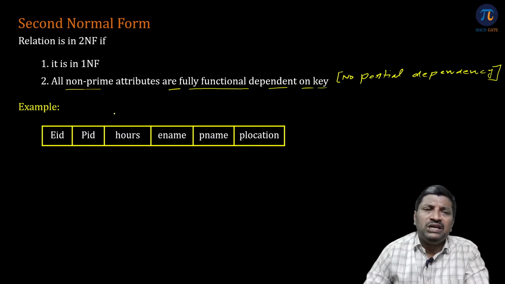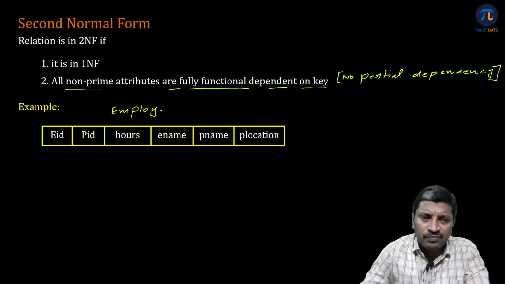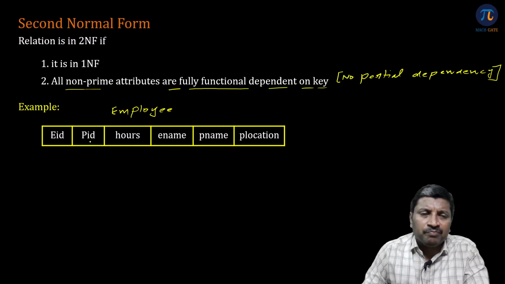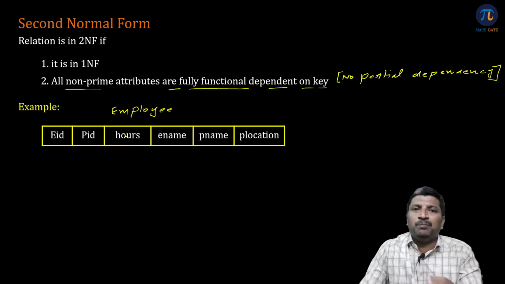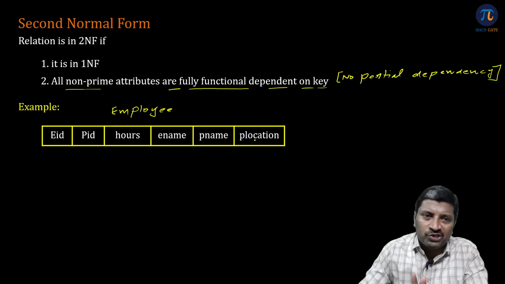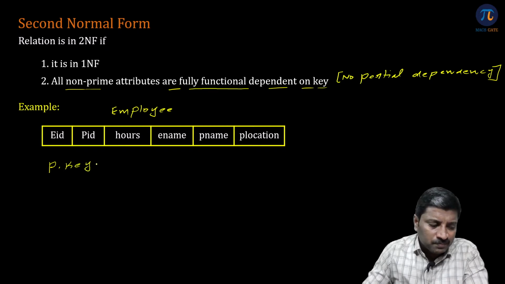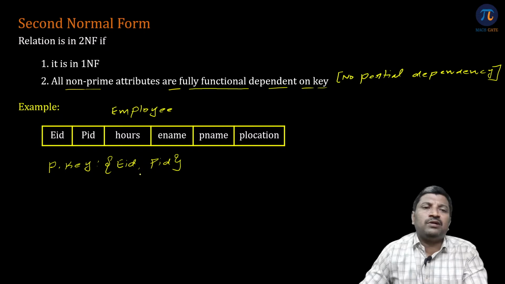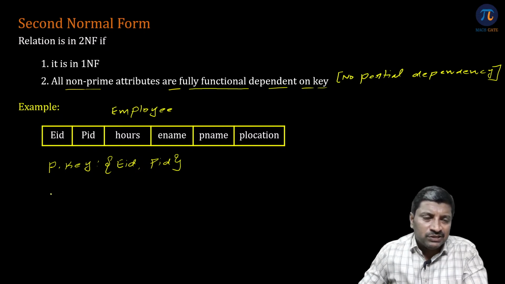Suppose we are having a table in which we are storing the details of employee projects. Let us assume EID is the employee ID, PID is the project ID, hours is the number of hours the employee worked on so and so project, employee name, project location. Let us assume for this table the primary key is the combination of employee ID and project ID, because